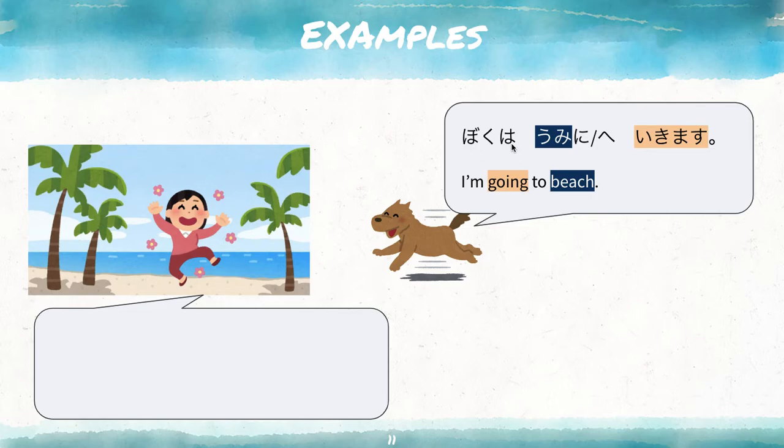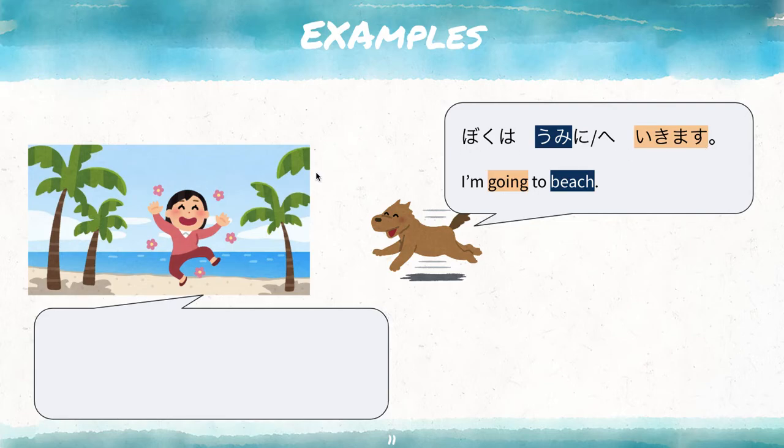I use 僕 because that means I, but I suspected this dog was male or a boy, so that's a form that guys use when they're talking about themselves. If it was a girl, it would be 私. In this case, I used the male's perspective, which is 僕は海に or へ行きます。